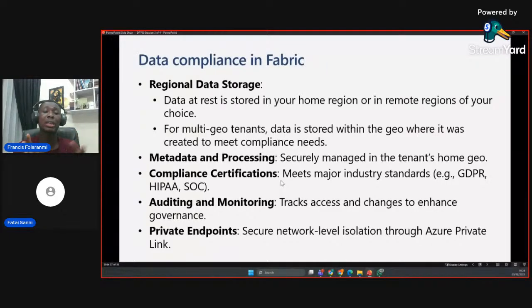Now, beyond what you are seeing on your web browser at app.powerbi.com, Microsoft Fabric is actually an Azure resource. So you go to Azure, then you provision your Microsoft Fabric capacity, and at the point of provisioning, you specify the region in which that capacity is going to exist. We've seen people having their capacity in multiple regions, maybe in the US, West US, East US, or in Europe or any other region. Depending on how you want it, you can have your capacity